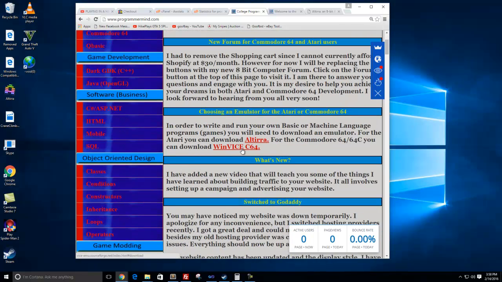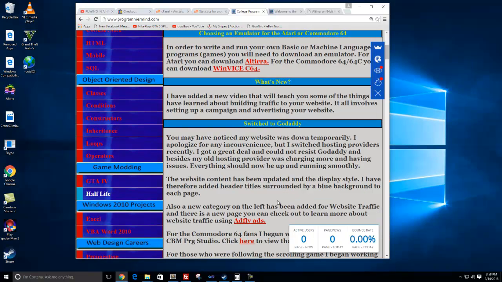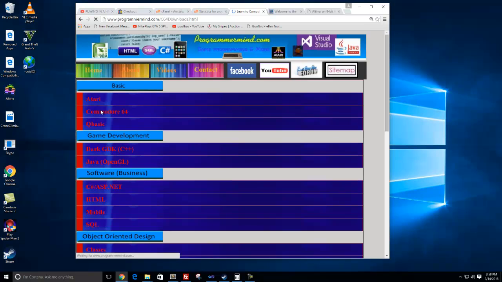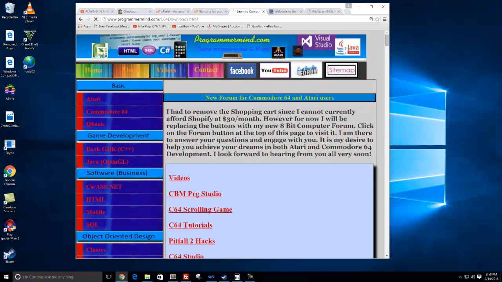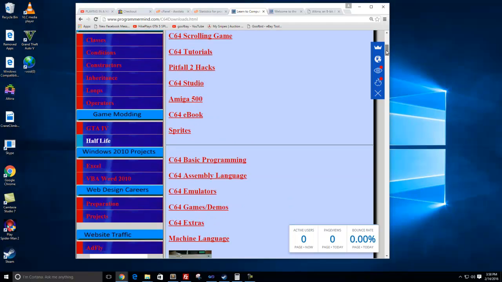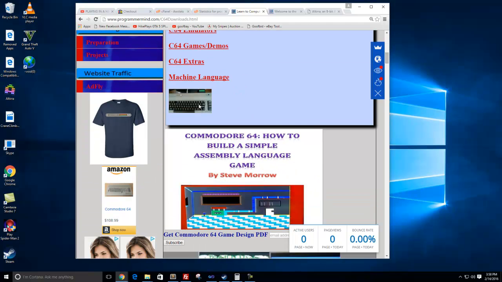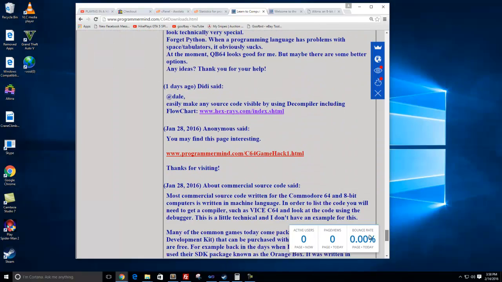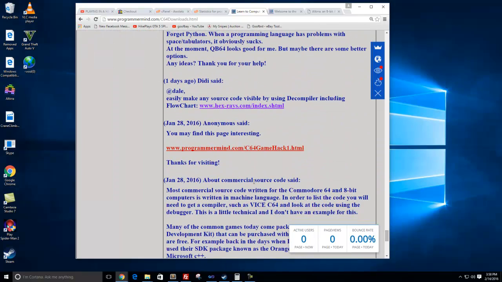Next, I just talked about my GoDaddy experiences. Pretty much covered this, but this is where I changed some of the Commodore 64 pages. I noticed some of the CSS scripts were kind of screwed up, so I had to go back in and change it, because earlier this thing was gigantic all over the screen, so I had to fix that.